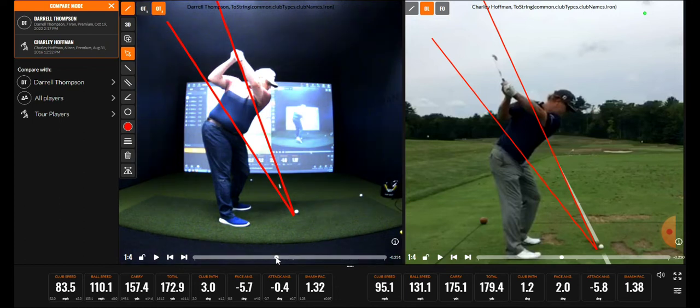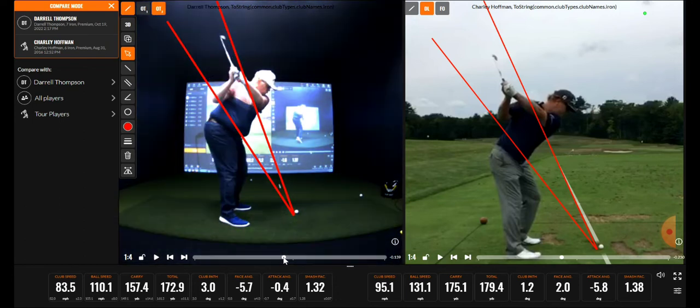Which I've always been able to do. My hand-eye coordination's always been there. Yeah. But